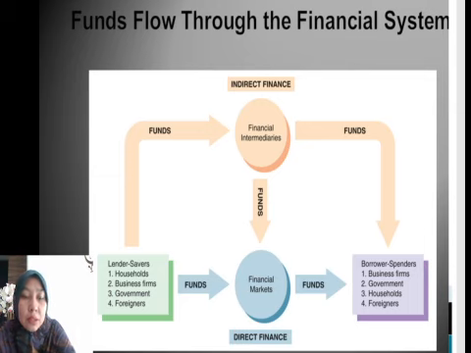So the bank will collect all the funds here, and then they will use the funds to help the deficit unit. Okay, not just help in terms of charity, no. They will use their products like financing products in order to supply money to the deficit unit. So we have deficit units like borrowers here. It can be business firms, they borrow money. Government can also borrow money from the bank, as can households and foreigners.